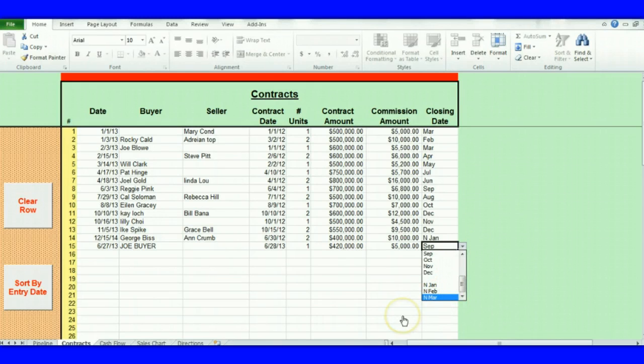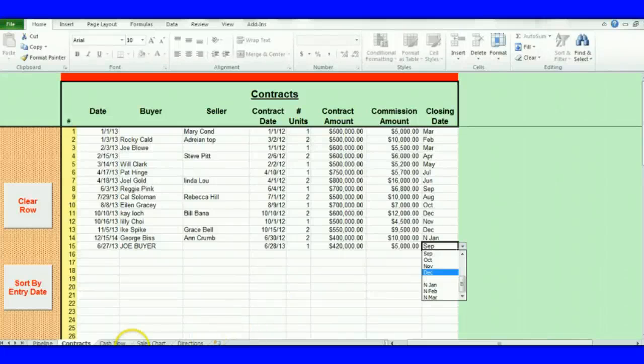The end stands for next year, because when you get towards the end of the year, if you put something in there that's in contract in December, it may not close until January or February, so you want to carry it over. It's just a carryover. When you get into the next year, you probably want to start using your new sheet and make some transfers.